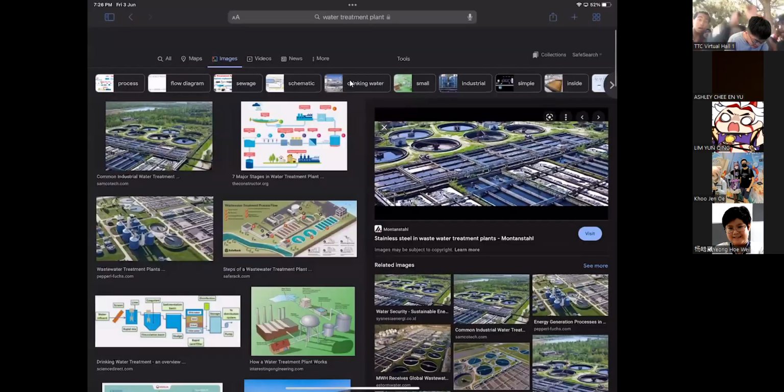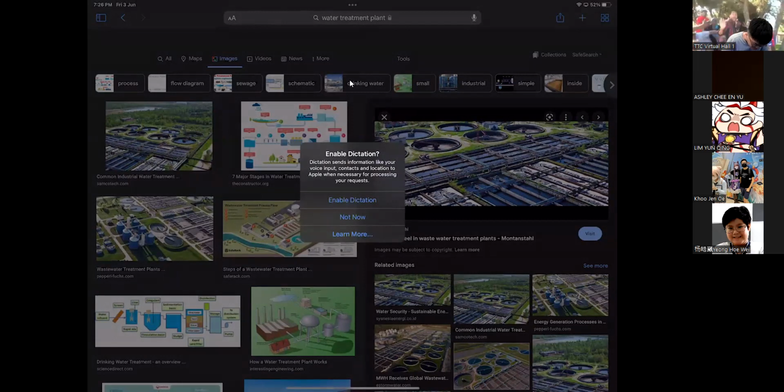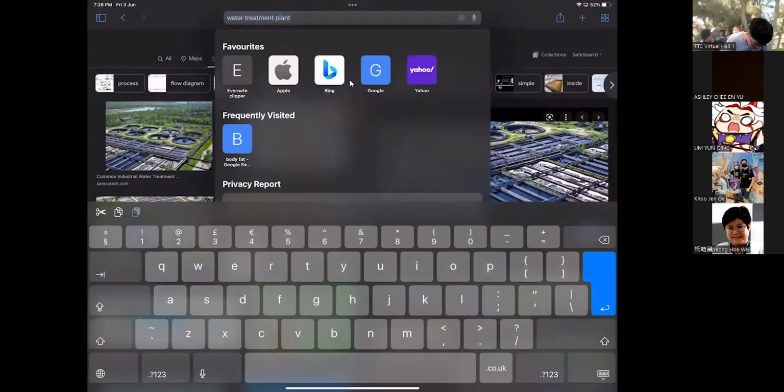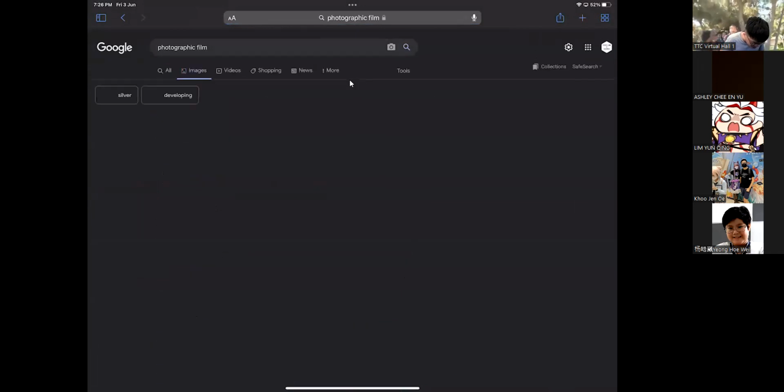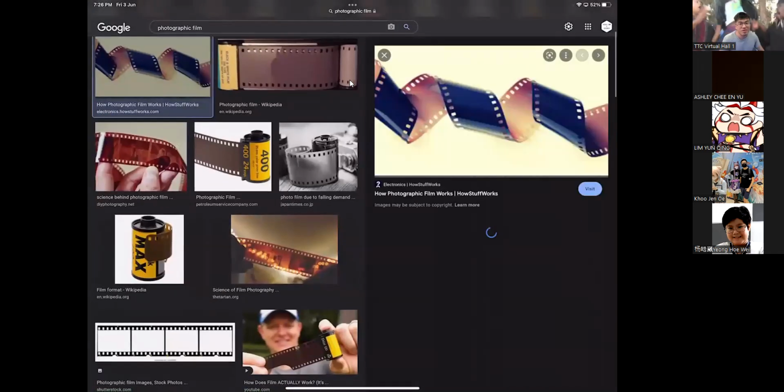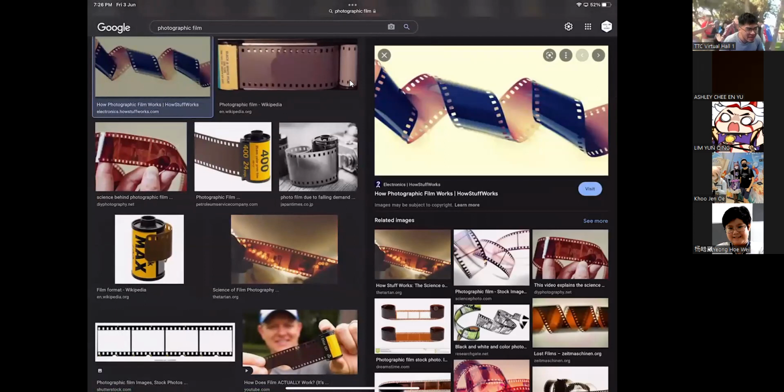Last time's camera, okay, hang on. Your photographic film. All right, last time's camera, they will use something called this thing. This is the film. 这个叫菲林啊，菲林啊。